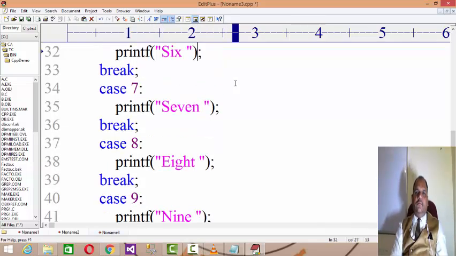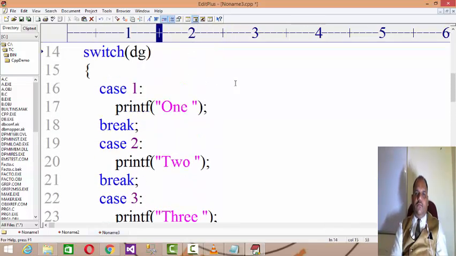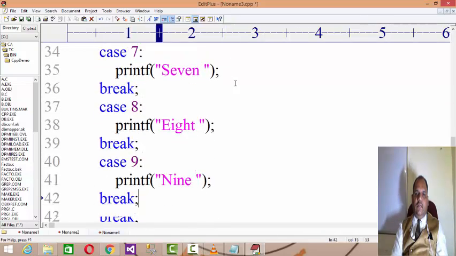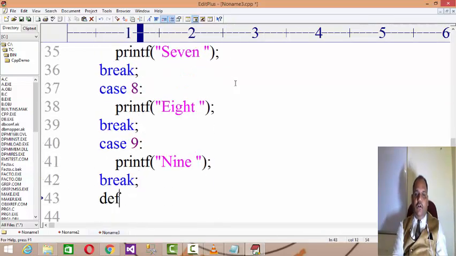So I build all the cases from 1 to 9, total 9 cases, and default means